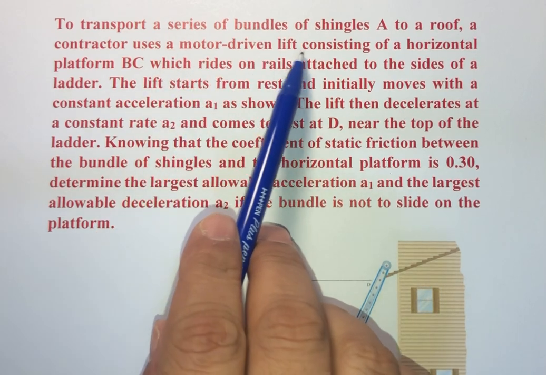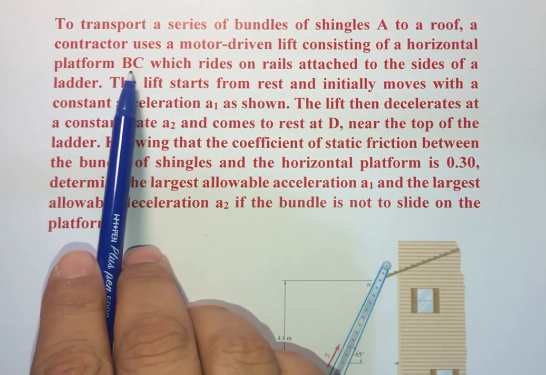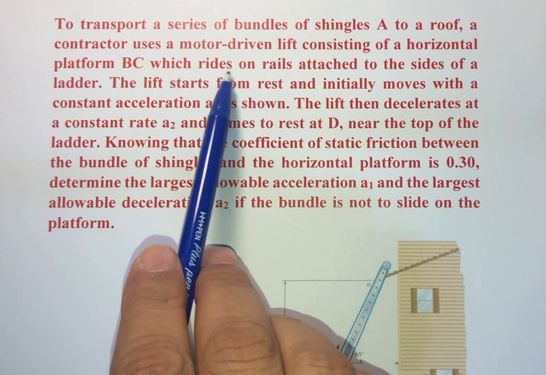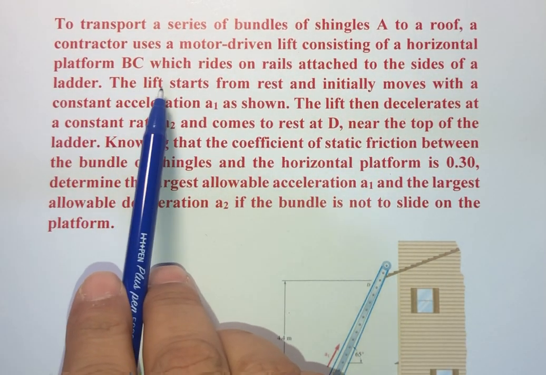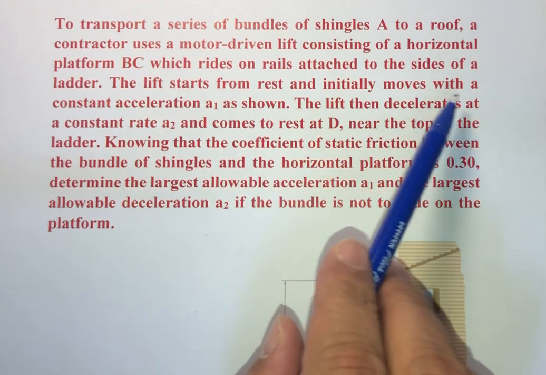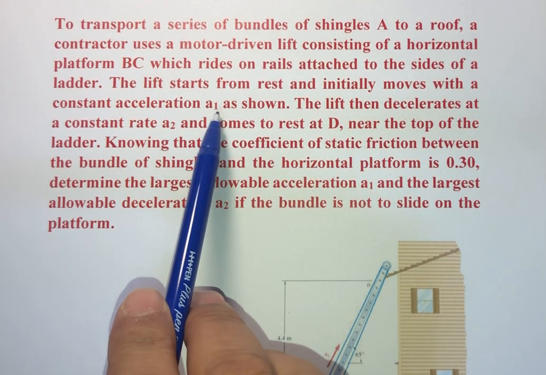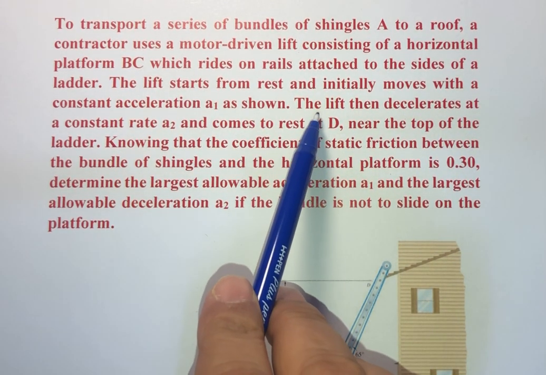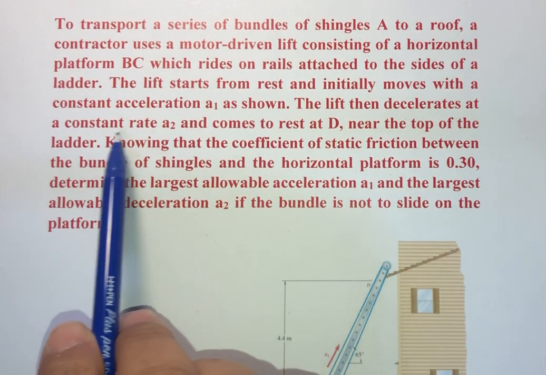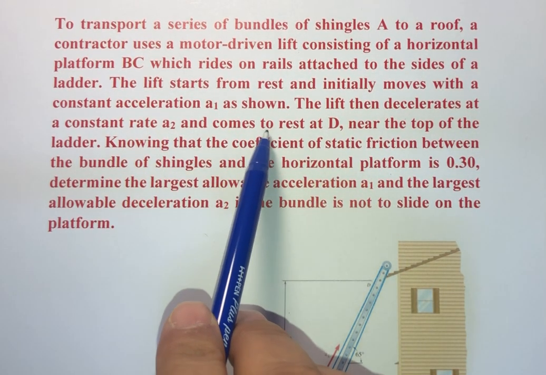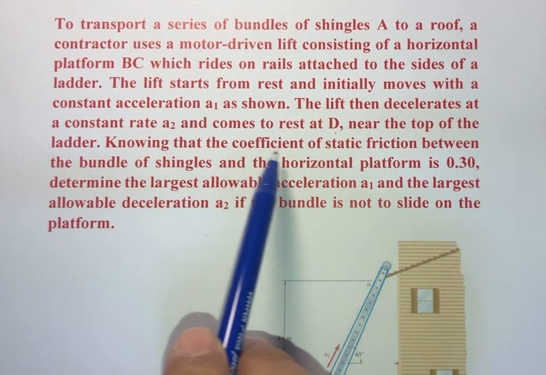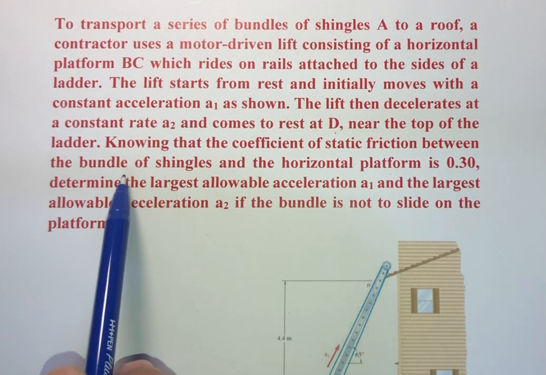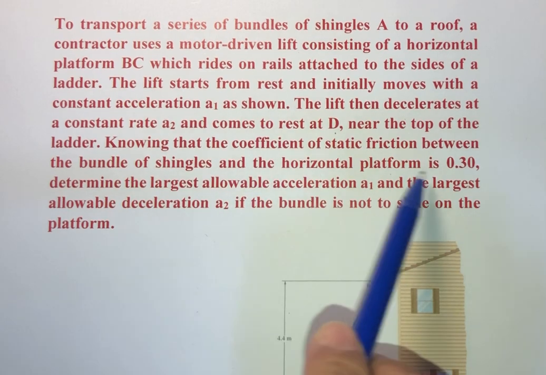In today's question, to transport a series of bundles of shingles A to a roof, a contractor tries a motor-driven lift consisting of a horizontal platform BC which rides on rails attached to the sides of a ladder. The lift starts from rest and initially moves with a constant acceleration A1 as in the figure. The lift then decelerates at a constant rate A2 and comes to rest at D near the top of the ladder. Knowing the coefficient of static friction between the bundle of shingles and the horizontal platform is 0.3,